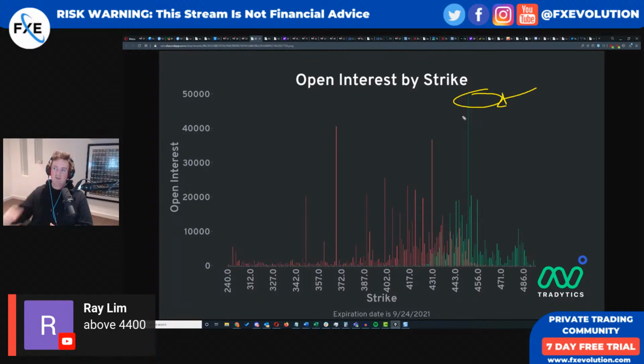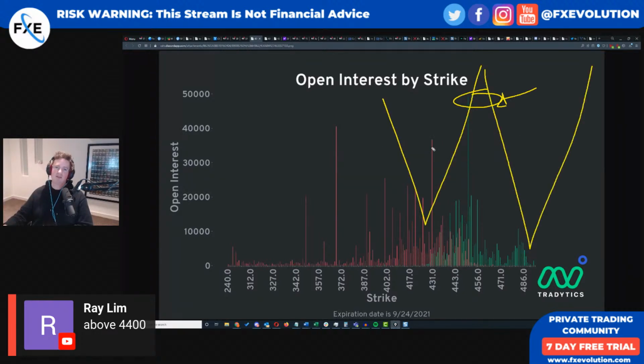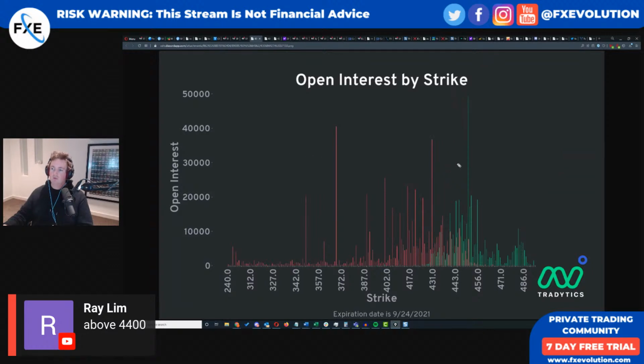Every time we've had a V-shaped reversal, the market's come down, it's gone like this. The market's come down, it's gone like this. We've become conditioned to that idea. So I believe it's going to stay somewhere in here. It makes some sense to me. It may not. Of course, that's just a guess.